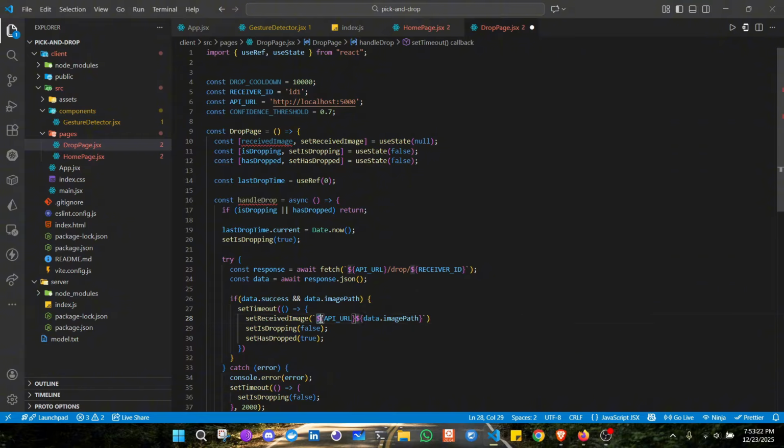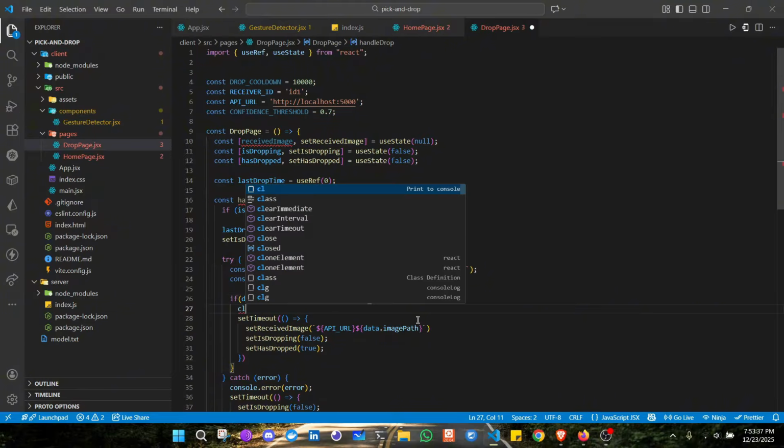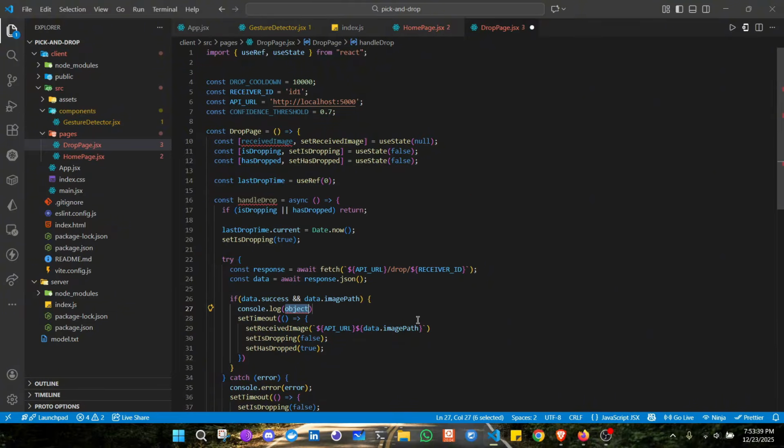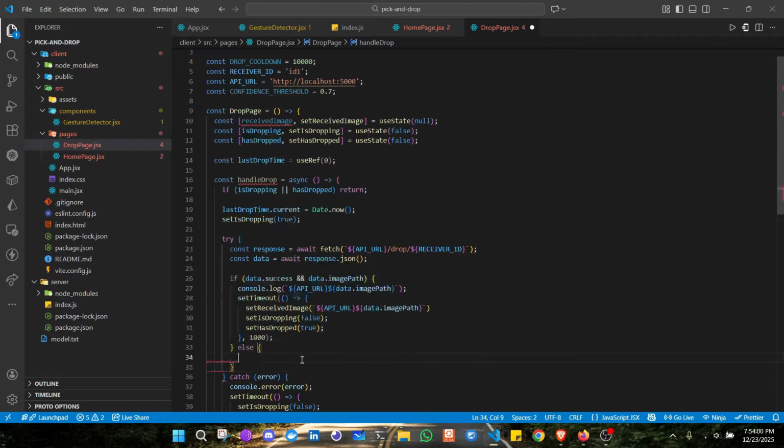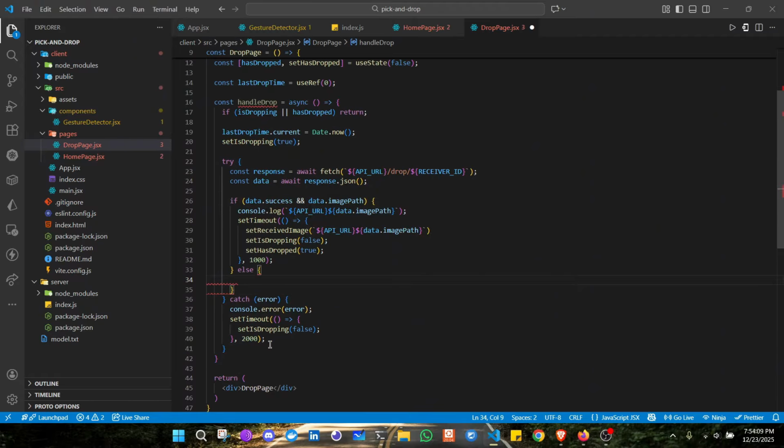I will show what this is after finishing this component. So you can also log this and see what this is. So console log. Now pass a timer of 1000 milliseconds, and else